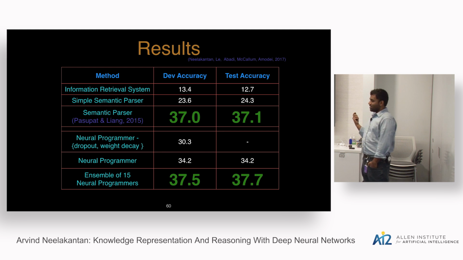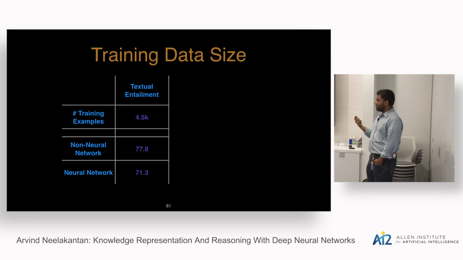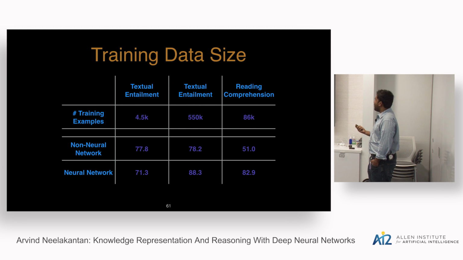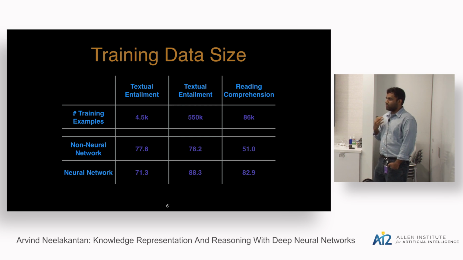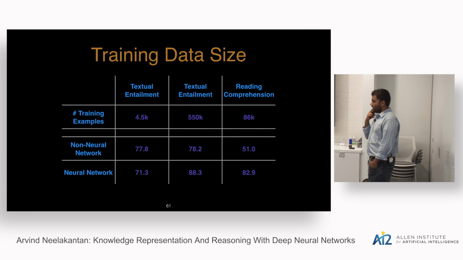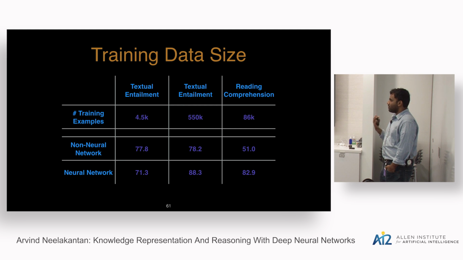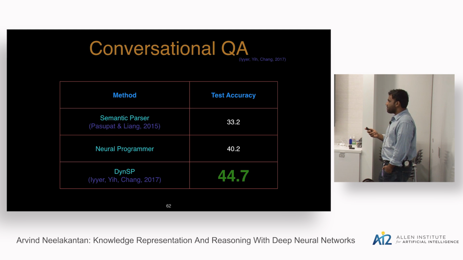These results are still very surprising to me, because this is only 10,000 training examples. If you think about other reasoning applications, neural network models start performing really well only if you have at least an order of magnitude more data. And I think this is likely to happen here too, because the accuracy of this model on the training set is 20 or 25 points higher than on the dev set. So there's significant overfitting happening even now. Okay.